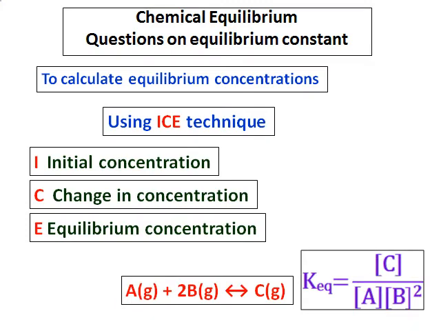And of course, just to revise what we have learnt earlier, the equilibrium constant for any reaction A plus 2B giving you C is the concentration of C divided by A, B raised to the power of 2. In other words, it is product over reactants, and we include only gases, and the concentration should be raised to the power of the stoichiometry. Let's do the first question using the ICE technique.